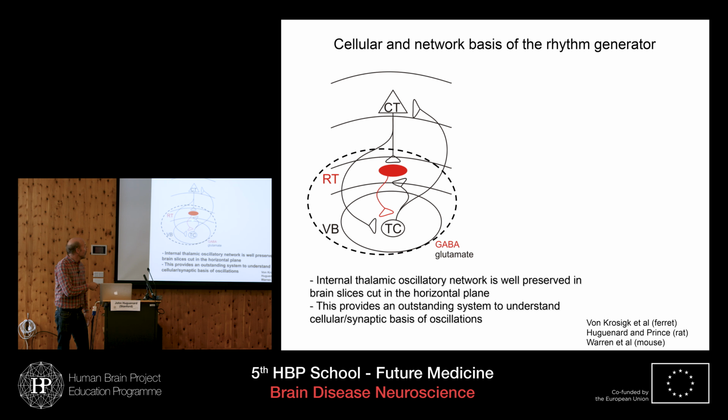What we and other laboratories have done is exploit the fact that we have this internal thalamic network that's a very potent rhythm generator, to study rhythm generation as is relevant to the circuit. This is a cartoon form now showing how these two types of cells interact to produce the oscillation. Output from the reticular cells: remember, they express calcium channel CAV3.3, which was the blue one in that illustration. They fire a burst of action potentials that causes release of GABA at this synapse right here to activate GABA A and some GABA B receptors.